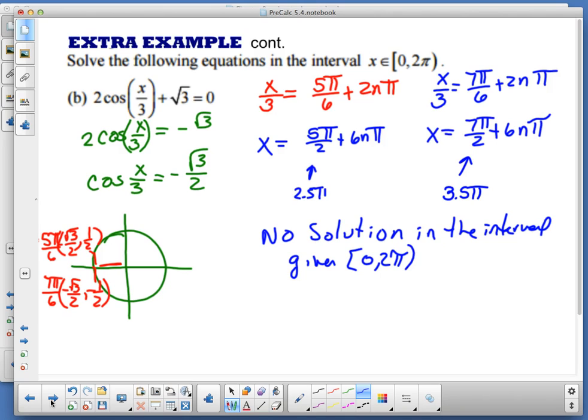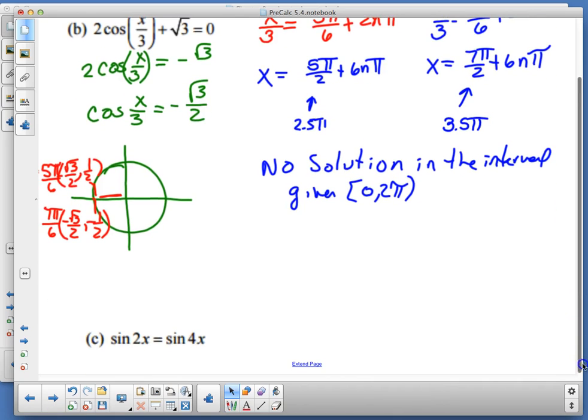Okay, and I want to make sure that you recognize that that first solution is at 5 pi over 2 and 7 pi over 2 respectively. And keep in mind, we have a horizontal stretch of our graph because we've just extended it out because our b value is 1/3. Okay, so now going on to our next problem, our last one,